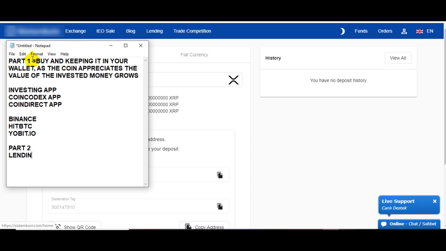If you still need to know how to buy coins, how to transfer them, and how to get your deposit address, just like your bank account number, please drop a message under this video.